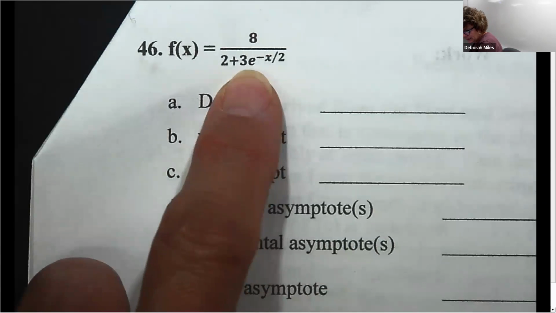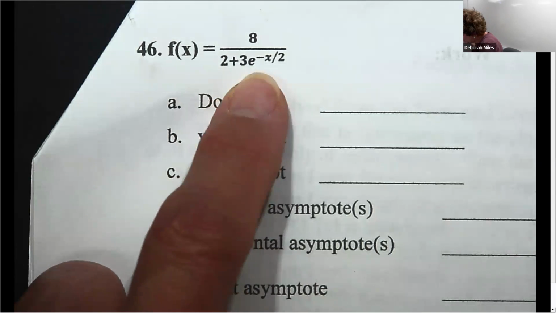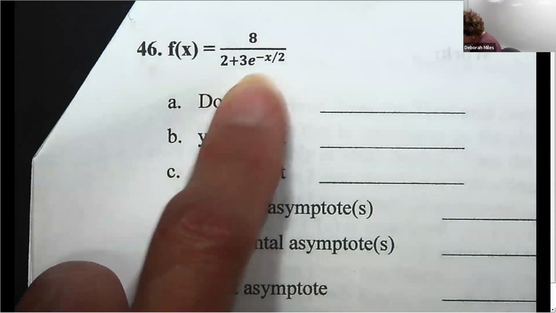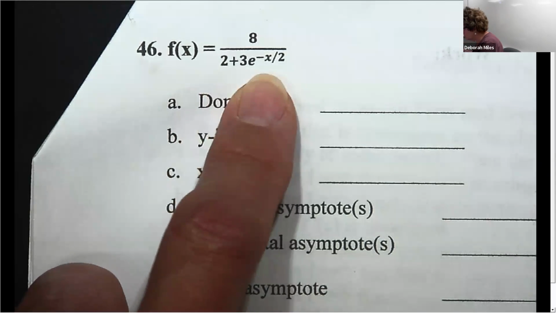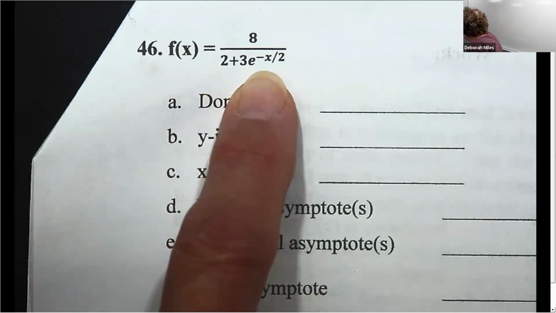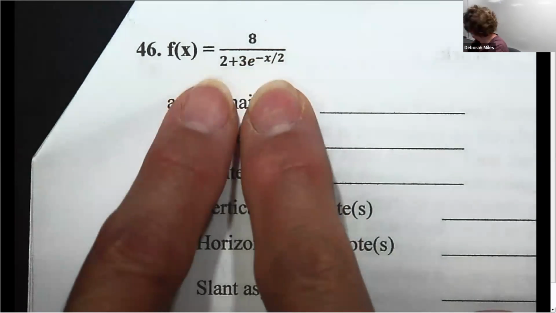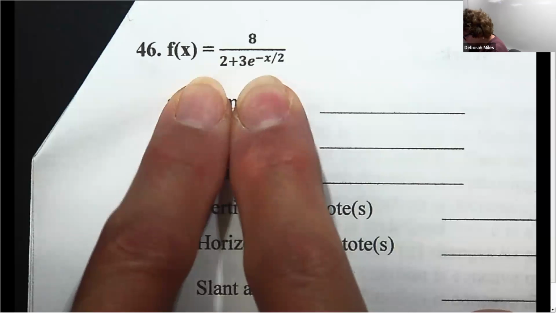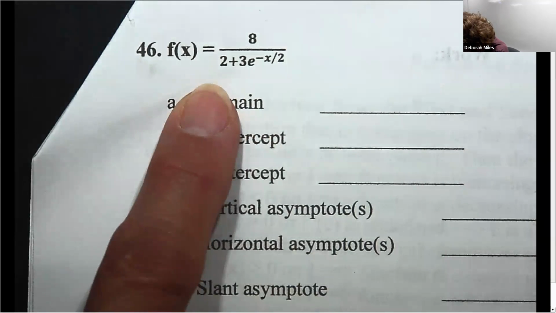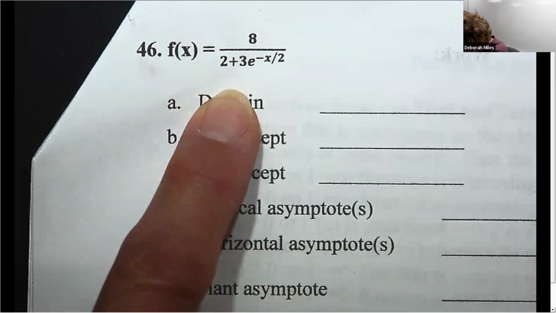Can you let x get infinitely big? Yeah, can you let x get infinitely small? Can you let x be 0? Yeah, the exponential function, the domain is negative infinity to infinity. And the only way that denominator could be 0 is, let me write it out here in case anybody needs it. If I set 2 plus 3 e to the negative x over 2, if I set the denominator equal to 0,